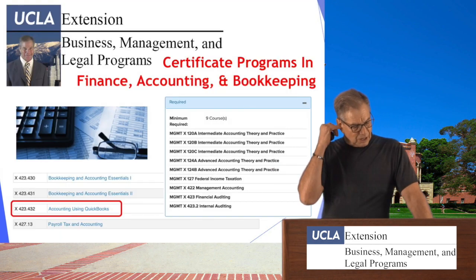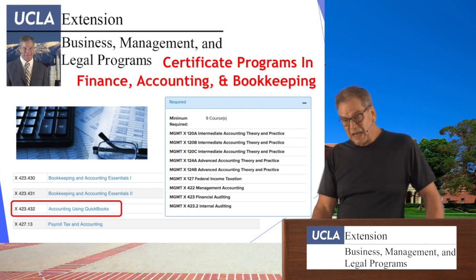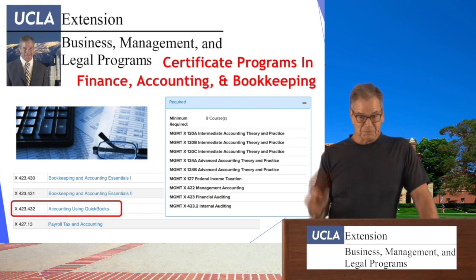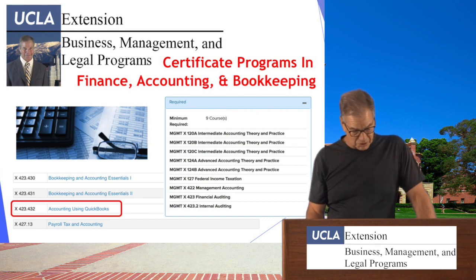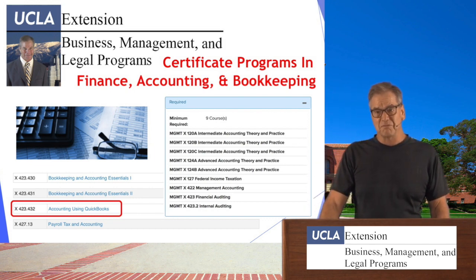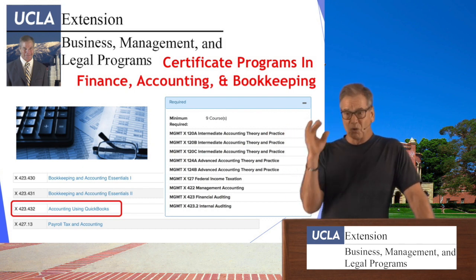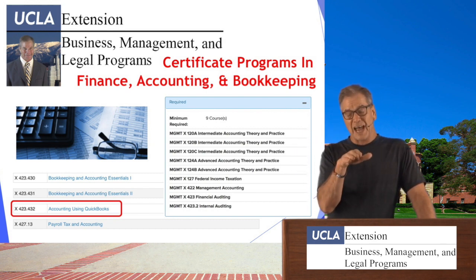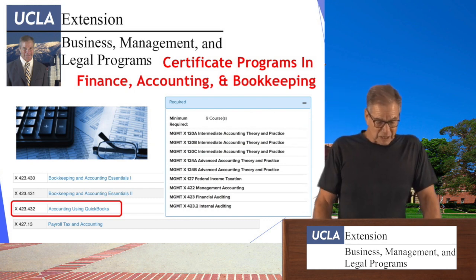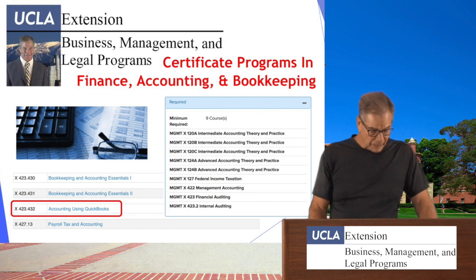This next slide here, I just want to promote UCLA. It has one of the best in the nation. I want to emphasize this: best in the nation bookkeeping and accounting programs. So if you want to become a certified financial manager or pass the CPA exam, UCLA Extension has courses for all that. So in the world of human resource management and accounting, UCLA Extension is one of the national leaders in excellence in training people, from basic bookkeeping to basic human resources to being a senior human resource manager or a senior financial manager. Just be aware of that.